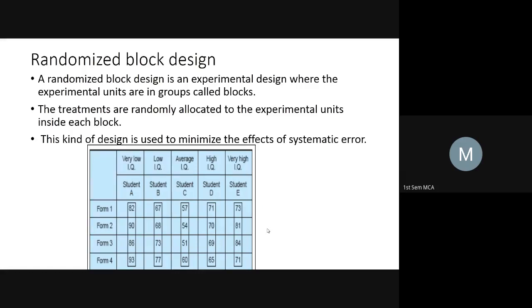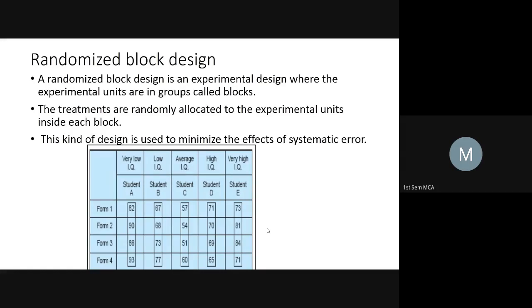Now I have made 4 blocks: programming block, database block, software engineering block, and operating system block. Now I can tell which student is good in what. Instead of telling a student that you're not good in operating systems, or you're not good in software engineering, or you're not good in studies, I will come to know that this student is very good in this subject. So that is the conclusion that I have to use.